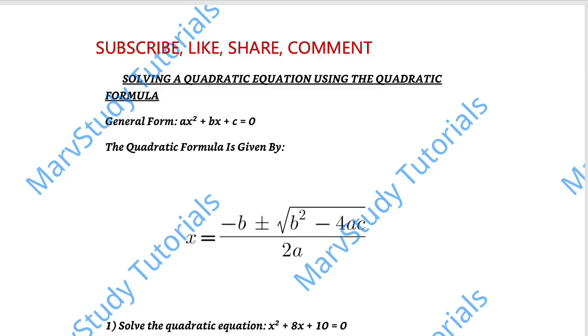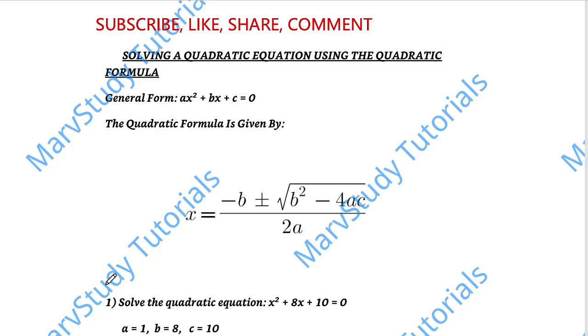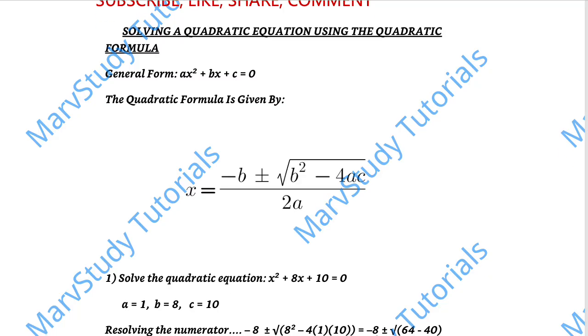So first off, we have to compare with the general form. If we compare with the general form, a will be equal to 1 because the coefficient of x squared is 1, the value of b is 8, and the value of c is 10, as that is the constant term. We'll first resolve the numerator of the expression and then resolve the denominator. So resolving the numerator,